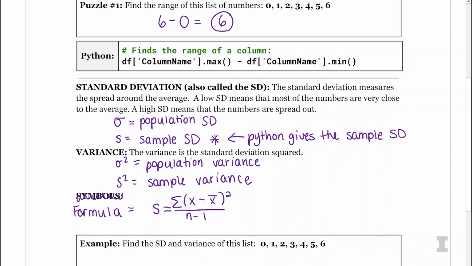So this formula looks kind of scary, but it's actually not that difficult to find. And in Python, we have commands that can find that for us. But this is what's going on behind the scenes. I'm not super concerned that you memorize this formula, but this is exactly what's going on with Python when we calculate it. So I'm going to go ahead and find the standard deviation and variance by hand with an example, and then Wade is going to double check in Python that that's what we get.